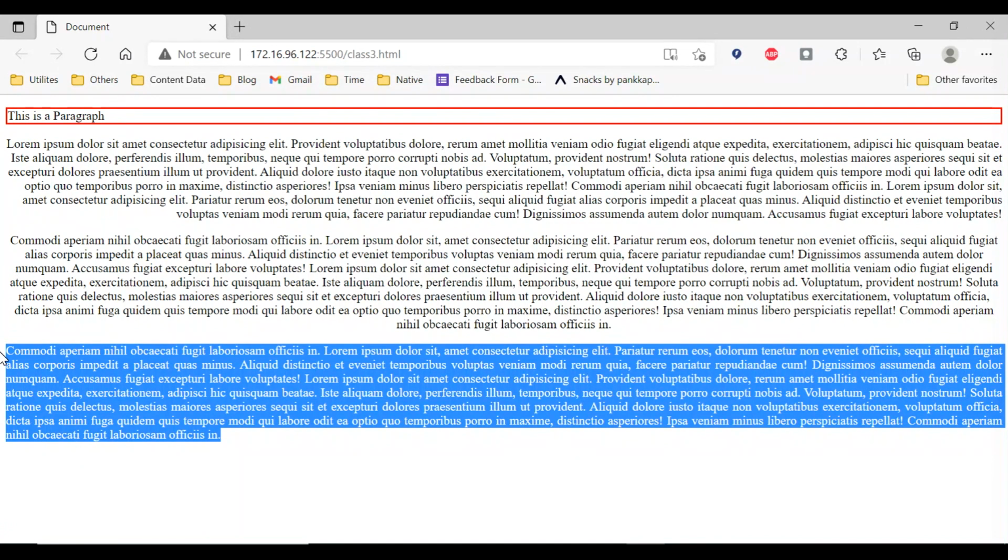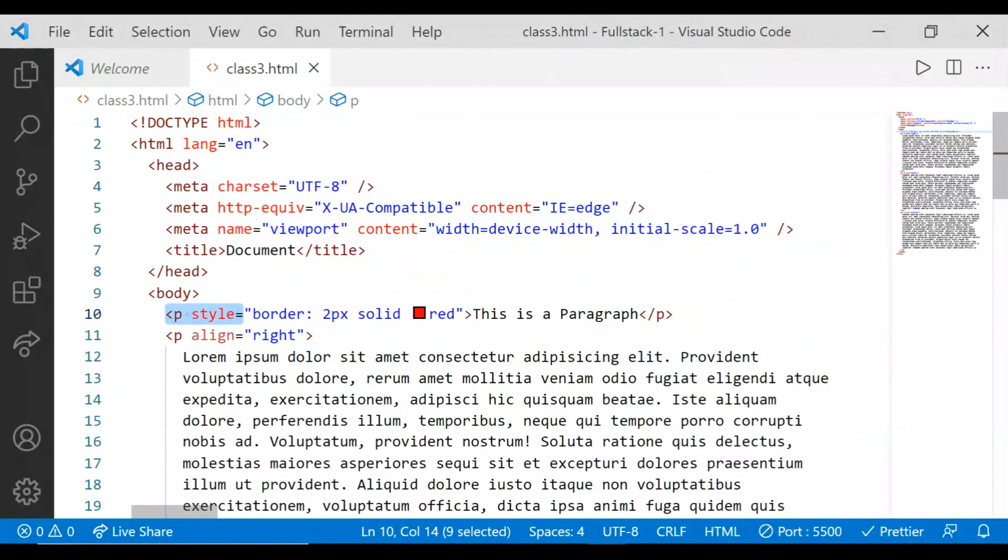So generally we prefer to set our paragraph to be justified, but if you want center align you can use center, or you can also set it to right align, but by default it is left aligned. But there is a problem. See, this align attribute is no longer available in HTML5. This is an HTML4 attribute, so हम 5 में ये यूज नहीं करेंगे.